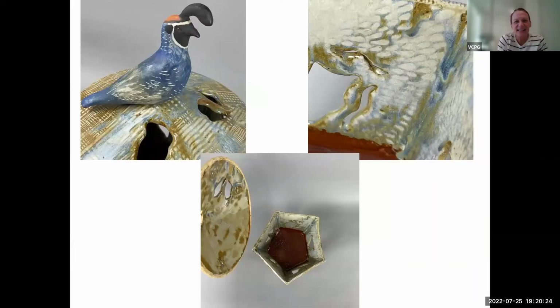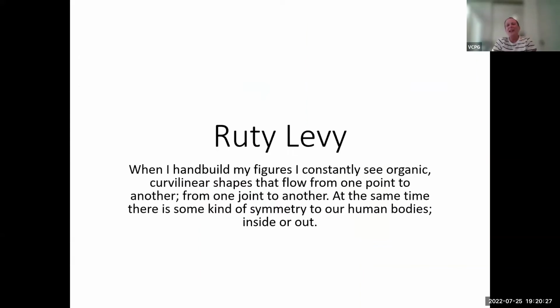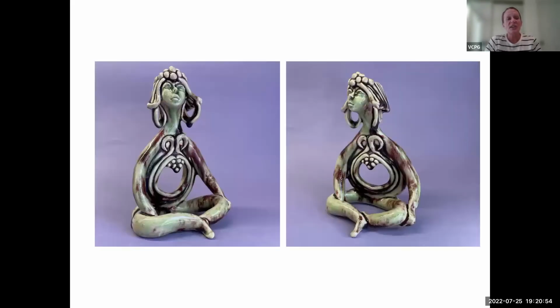Okay, Rudy can't be here, because she's a new grandma and she's trying to get tickets to go see her new grandson. But Rudy wanted me to say that when she hand builds her figure, she constantly sees organic curvilinear shapes that flow from one point to another, from one joint to another. At the same time, there's some kind of symmetry to our human bodies, both inside and out. And so this sculpture, she felt, exemplifies those feelings of both geometry and organic